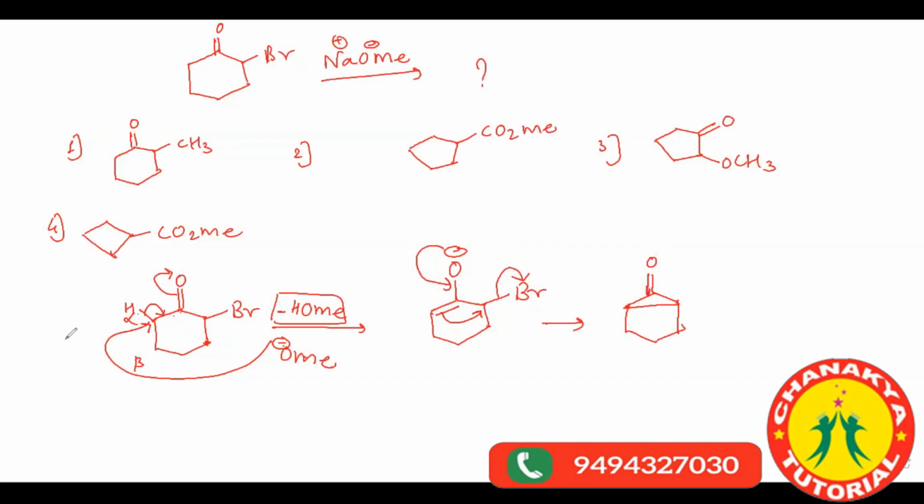Up to this you understood or not? Yeah, ma'am, got it. Now what happened? Your OMe as a nucleophile can act from either side, from this side or from this side. OMe with a negative charge. Now if it acts from here, what happened? What happens if it acts from here? Your negative charge would go onto the oxygen. You will get the structure in this way,